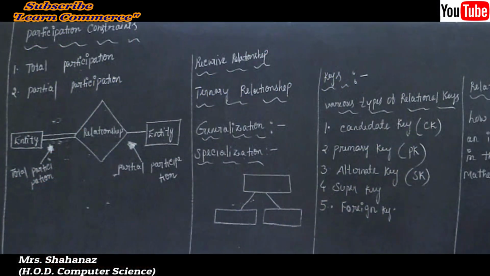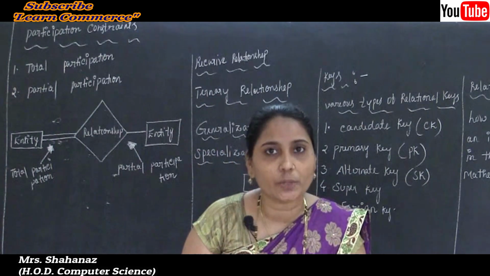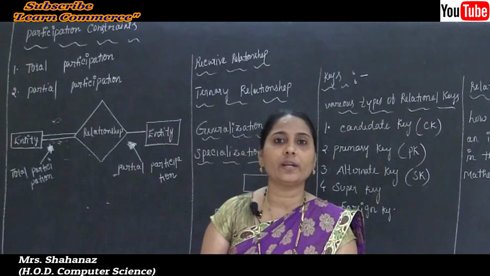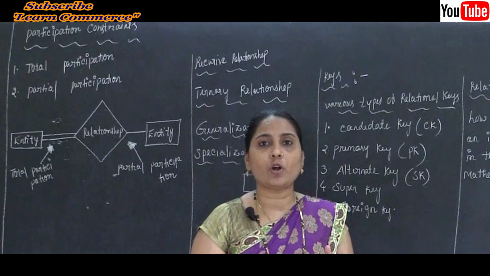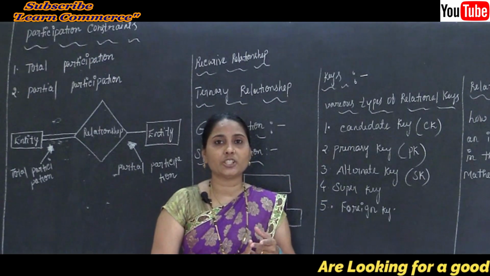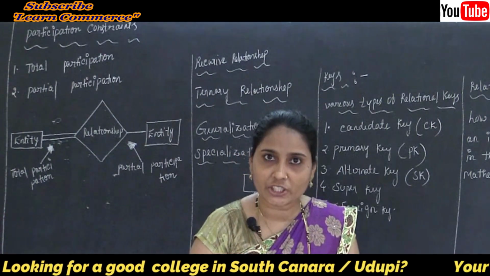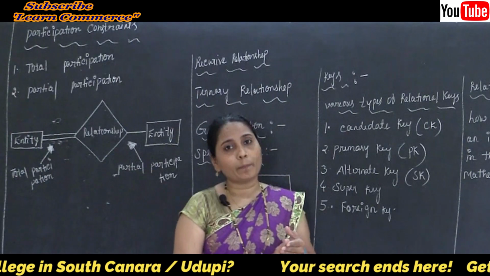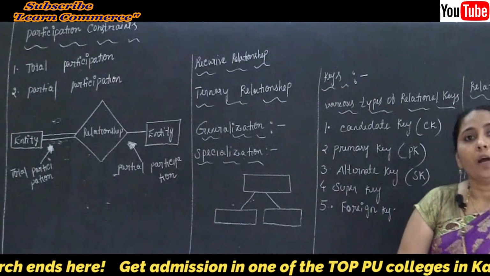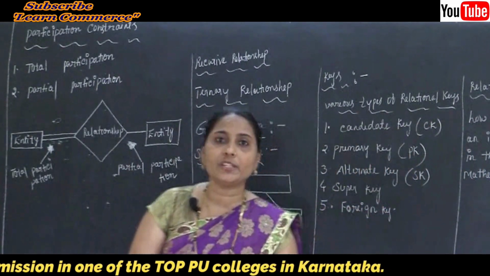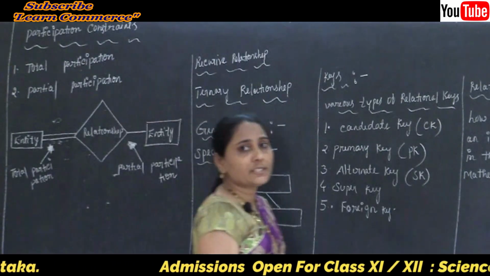Next concept. We already completed some concepts in our ER diagram, the entity relationship diagram. We know the components of the ER diagram: the entity, the second one is the attributes, and the third one is the relationship. The relationships are classified as binary, recursive, and also the ternary relationship. We already completed binary relationships, which are again classified into three types: one to one, one to many, and many to many relationship, correct? Now let's see the next thing, our participation constraints.